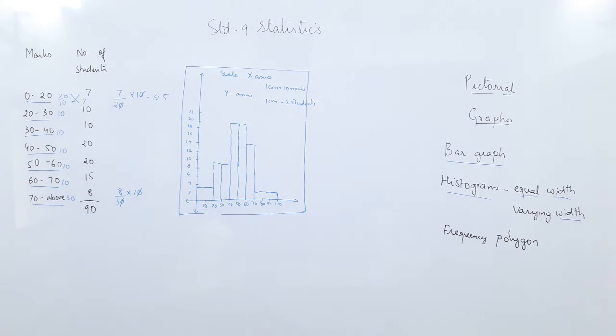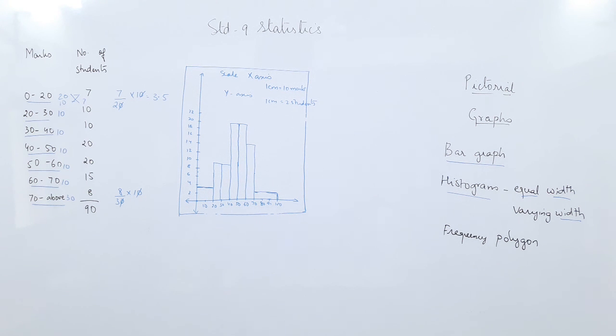See the varying width. Now you can compare the video of yesterday with the video of today. Today we did the histogram. Yesterday we worked on the bar graph. Now compare them both and see how the bar graph and histogram vary from each other. Okay? Now after we are done with this, we'll move to the frequency polygon. Can I draw a frequency polygon from this data? Let us find out.